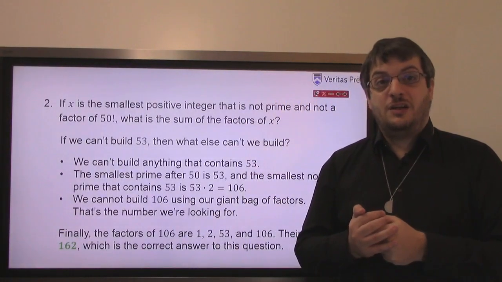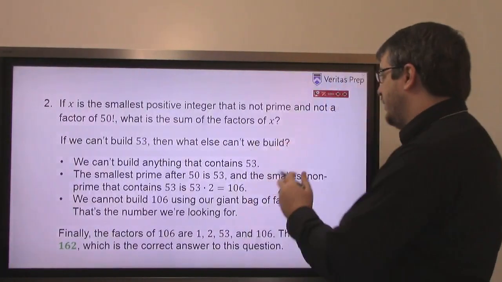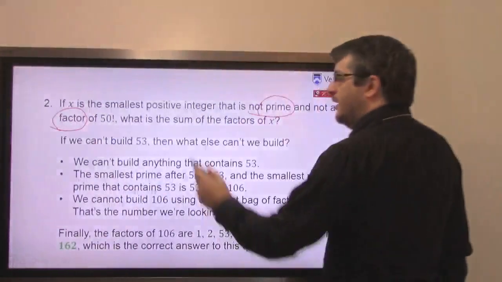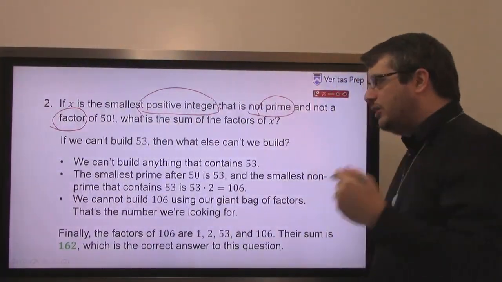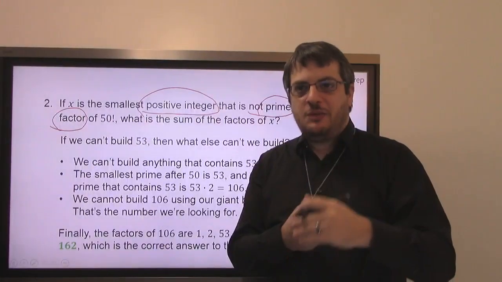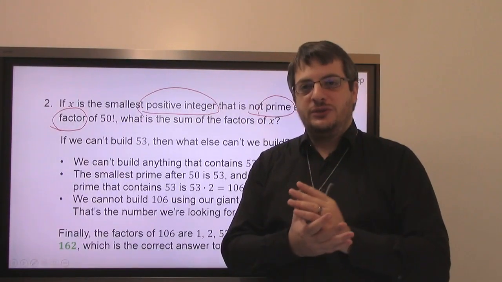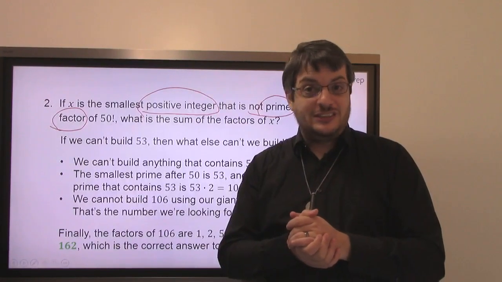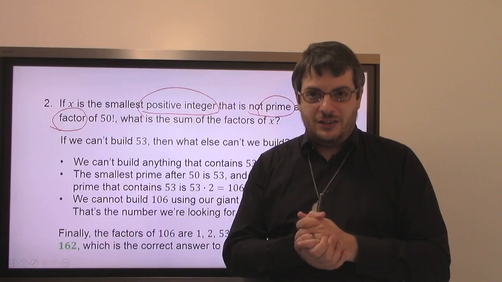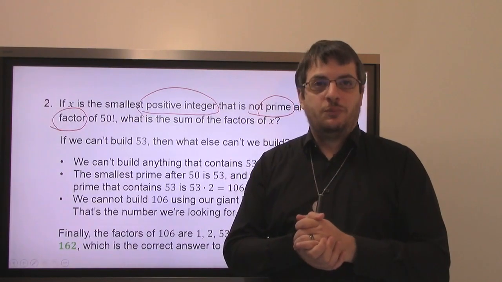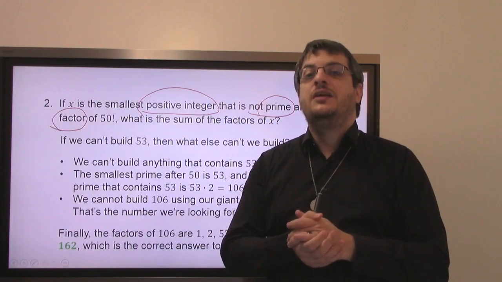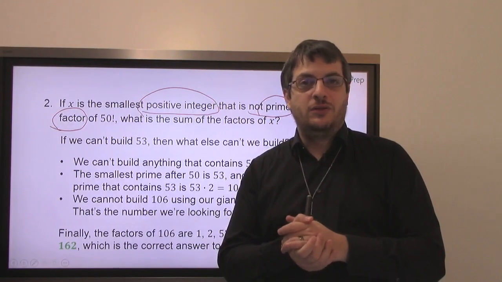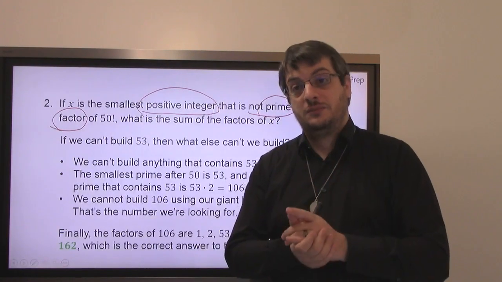So anytime we're talking about divisibility, the most important things here was not the factorial. It was the word prime, it was the word factor, it was the phrase positive integer. All of these words, positive integer, prime, factors, these are clues that you should think in this way. There's lots of different types of problems that involve factorial. Some are number theory problems, others are not number theory problems. But problems that talk about primes and factors and positive integers are very, very likely to be number theory problems. So Drew, that's what I would be looking at to tell me what this is.